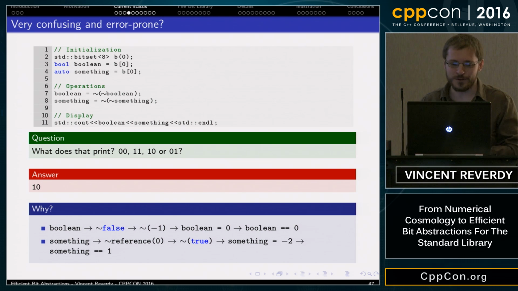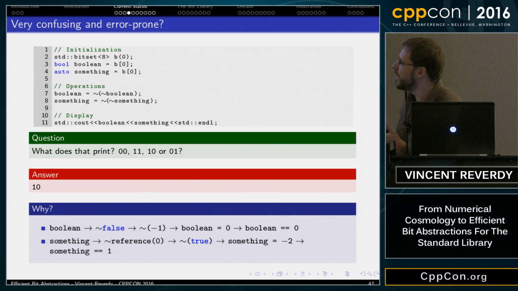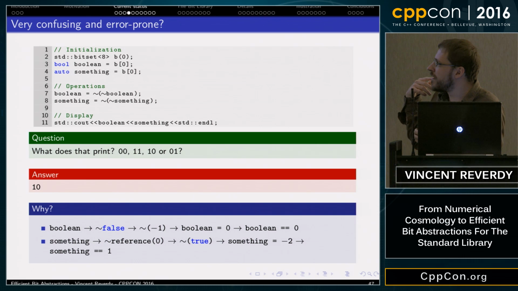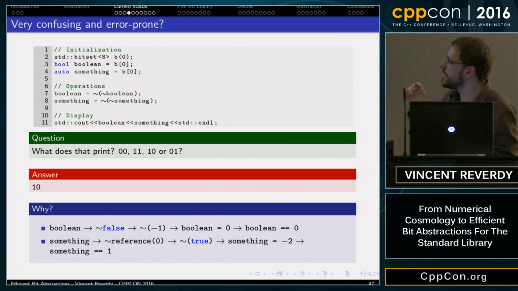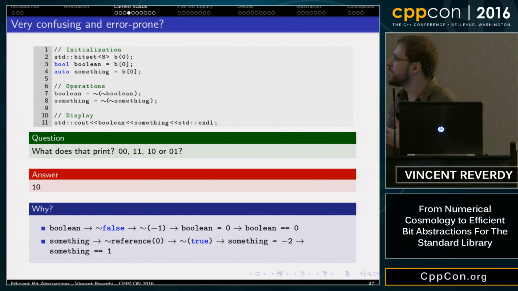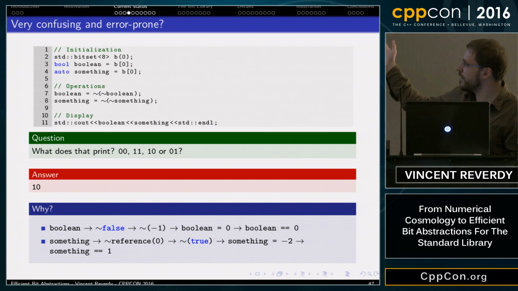The following happens. You start from a bool value. This bool value is 0, so the first operation you do is bitwise NOT on false. There are promotion rules in C++, and when you execute bitwise NOT on a Boolean, it converts it to an integer, which means that not false gives you -1. Then you bitwise NOT this -1, and bitwise NOT of -1 for an integer gives you 0. And then you store this 0 in a Boolean, and you end up with 0.